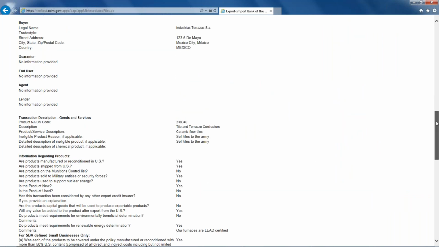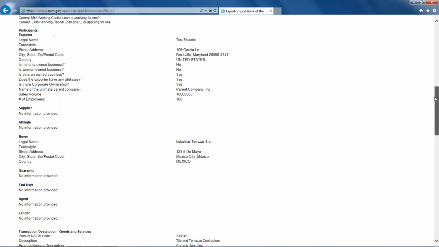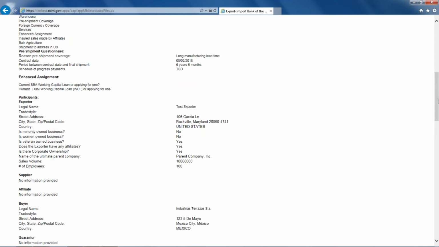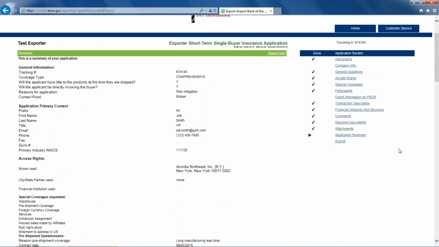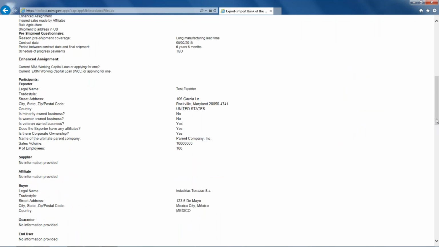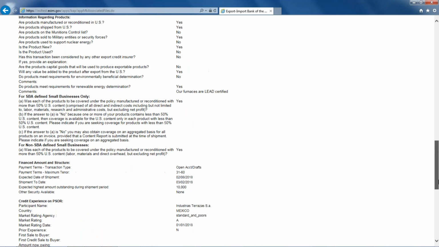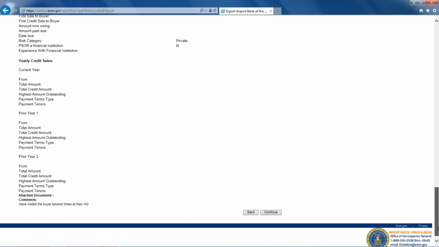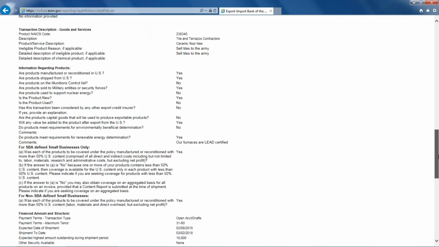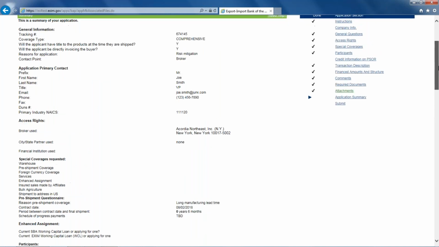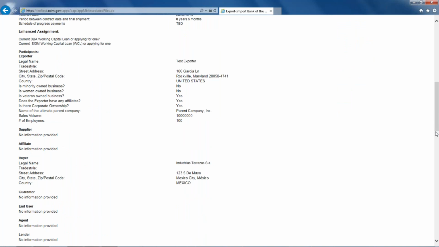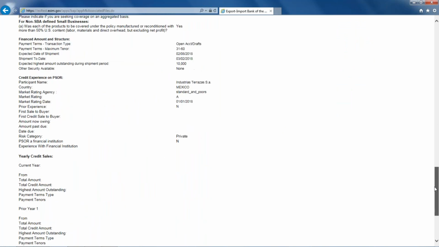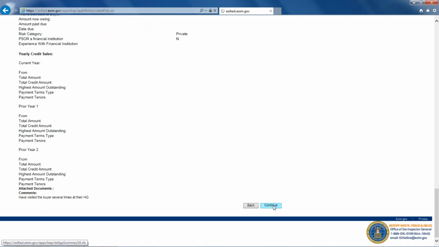We've attached the information you have to provide, and now it's going to take you to this summary of your entire application. This is a chance to review everything that you've provided. And it's a good idea to take the time to do that carefully. And once you do that, you will be able to go to the bottom of the screen. And there you can press a back button if you want to go back, or you can go back to one of the sections of the application here. But if you're otherwise satisfied with all the information, we'll go to the bottom and press continue.